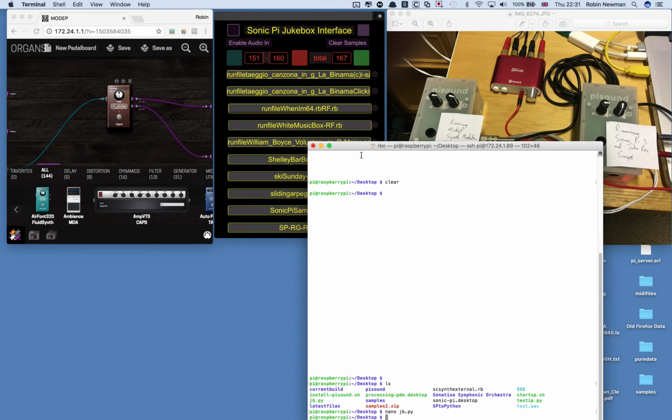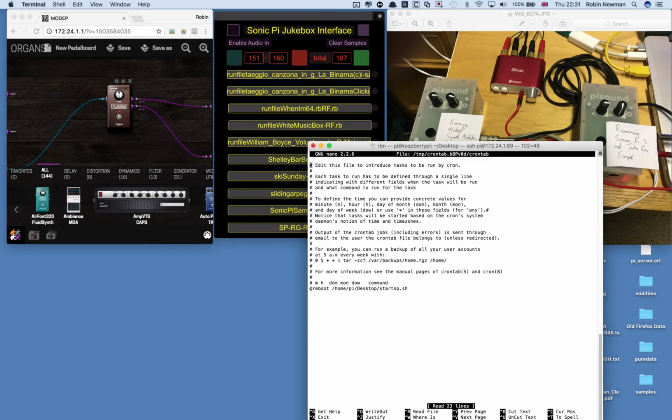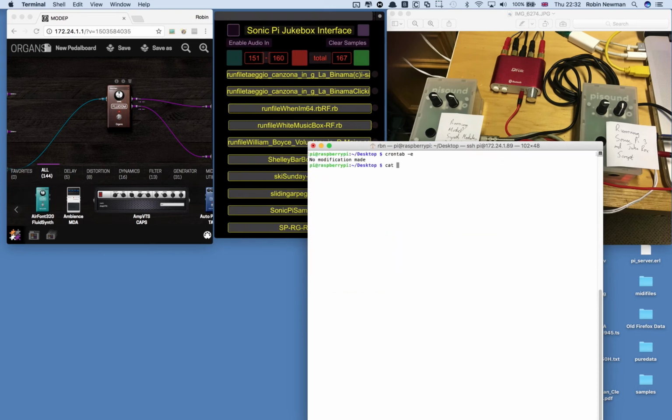What we do is let's just clear that screen and it's back to the top. And what I do is I use a cron entry, which simply, when we boot the machine, runs a script in home pi desktop start sp.sh. And if we go and have a look at that, cat start sp.sh, there it is. It's only got one command in it really, which is this one here, and it uses an